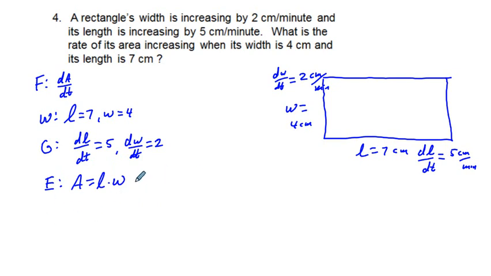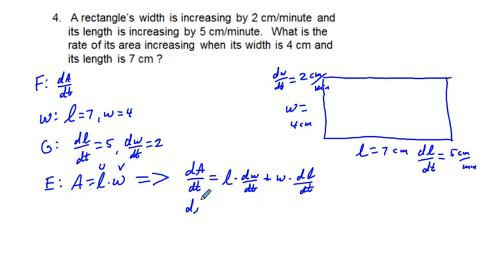And so just coming to the right, we're going to take the derivative of both sides. We're going to have dA dt is equal to, we're going to use our product rule. If we let one be u and one be v, we're going to have L times dw dt plus w times dl dt, and so dA dt